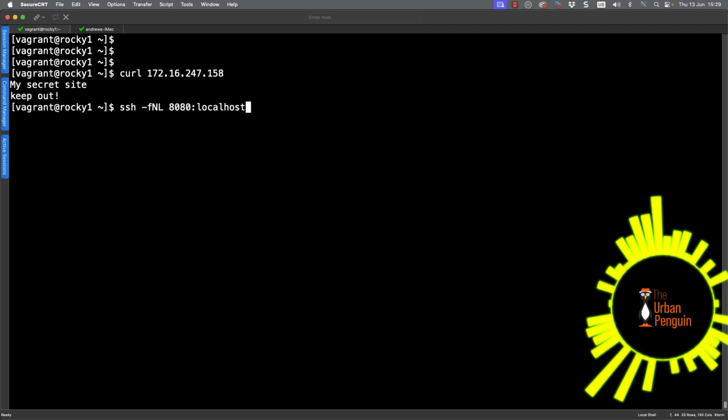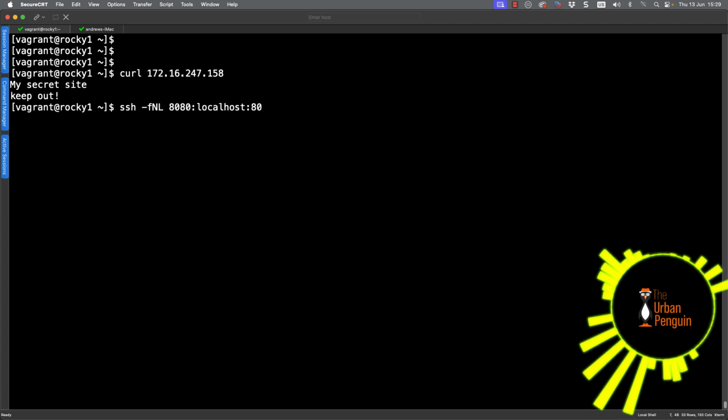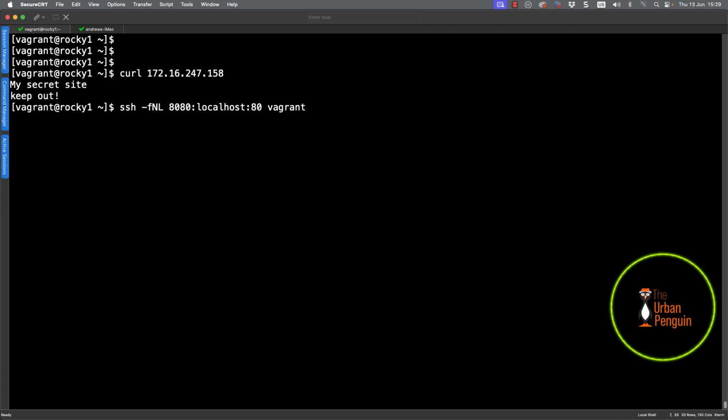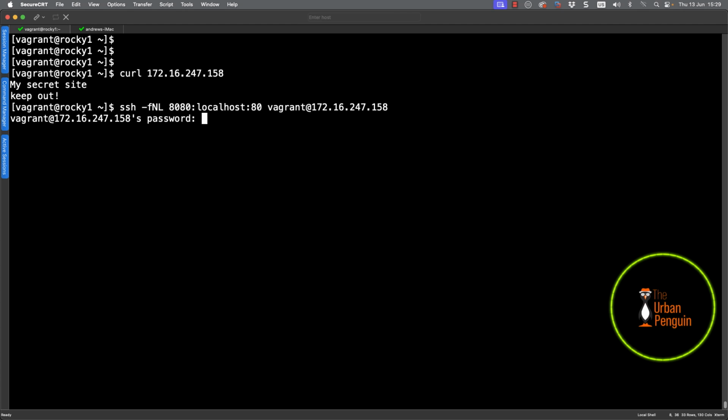My laptop is going to make the tunnel through to port 80 on the remote system, and we access that through Vagrant. Then if I use escape and dot, I can get the IP address back up. It's my last argument. Now I'm being prompted for the password. I could obviously use key-based authentication, but for a simple demonstration, I haven't set that up.